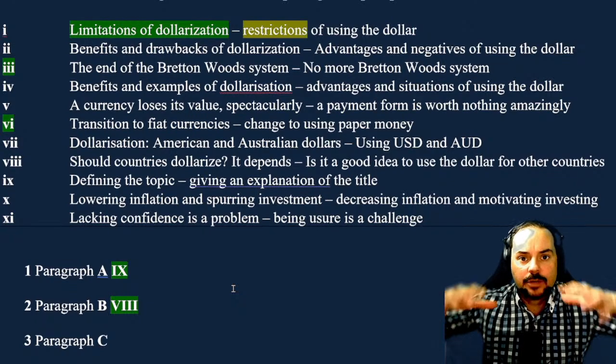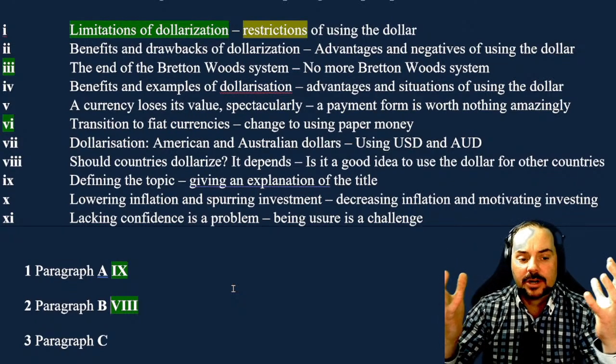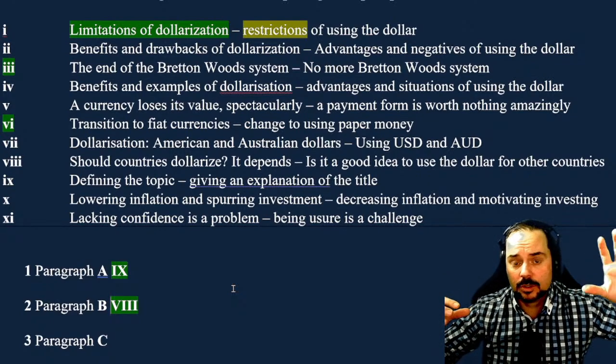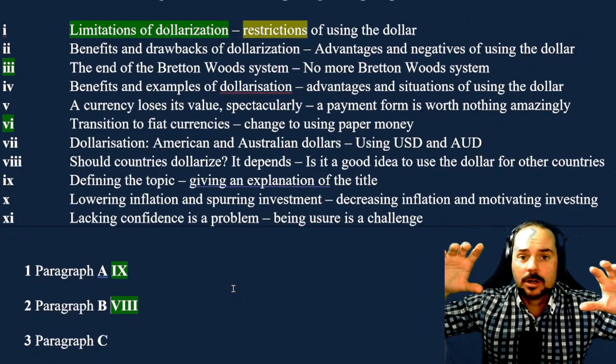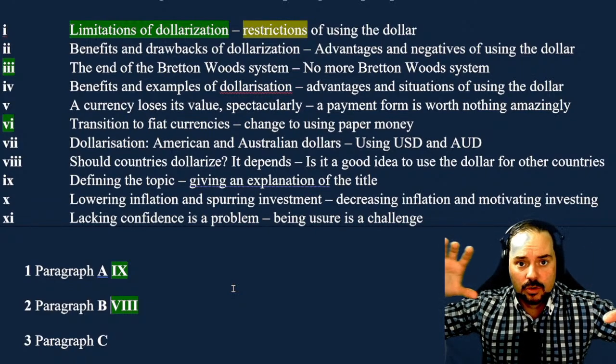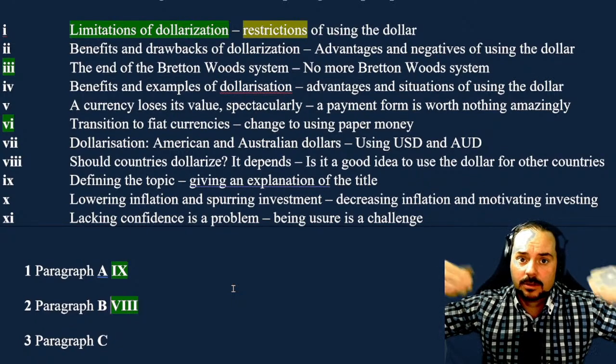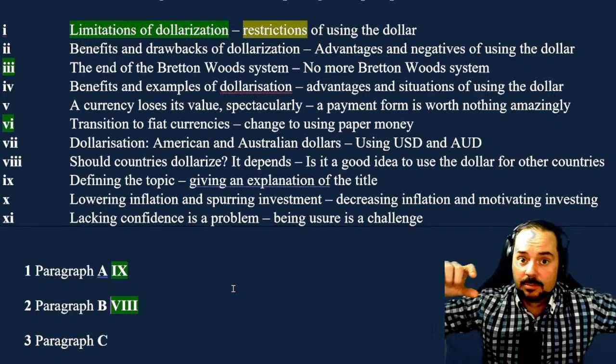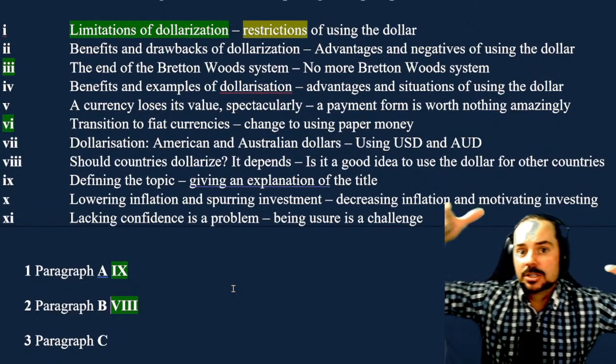So it's more accurate, it encompasses the whole paragraph much more, to say that this paragraph talks about the end of World War II. It talks about how countries are losing their connection to gold. They're now connected to other things. It mentions the fiat system emerging. So it talks about the end of the Bretton Woods, but it also talks about the emergence of the fiat,